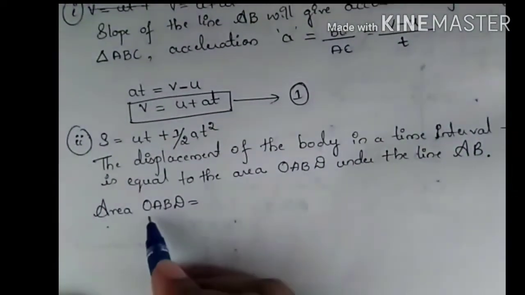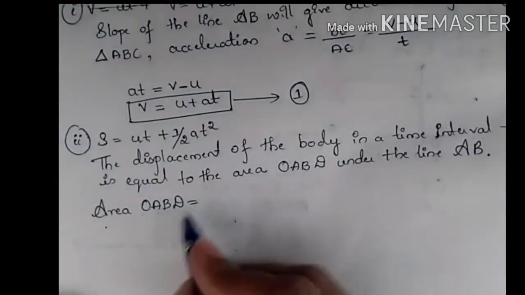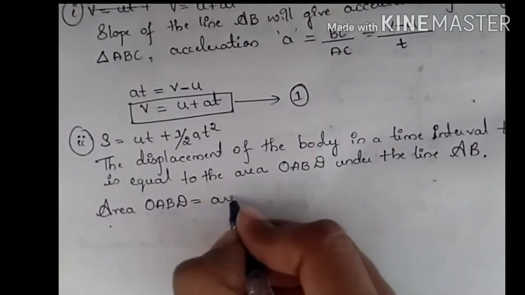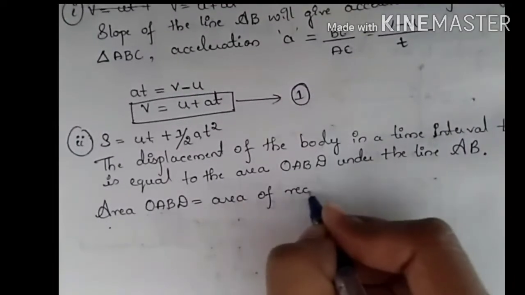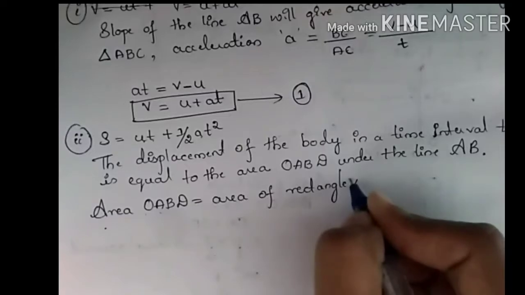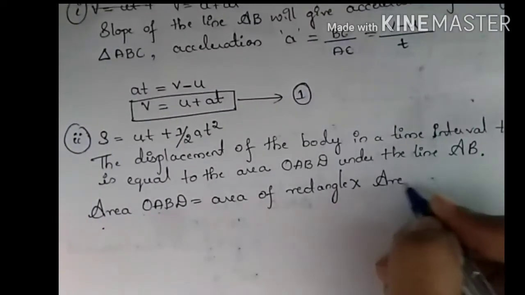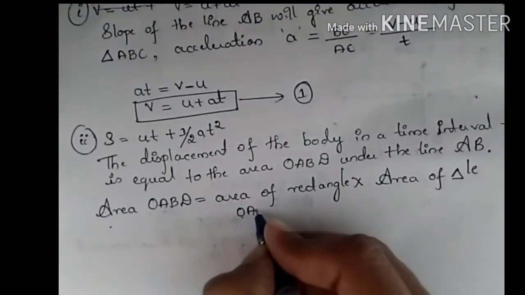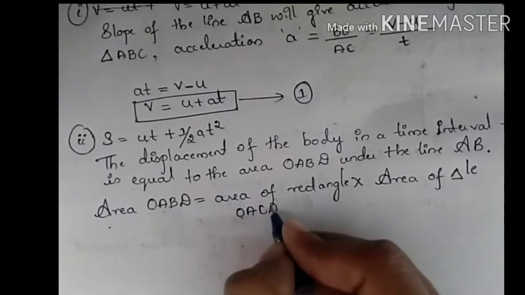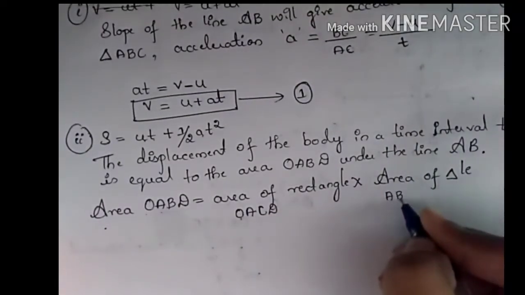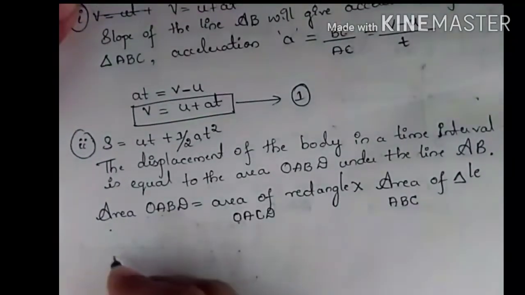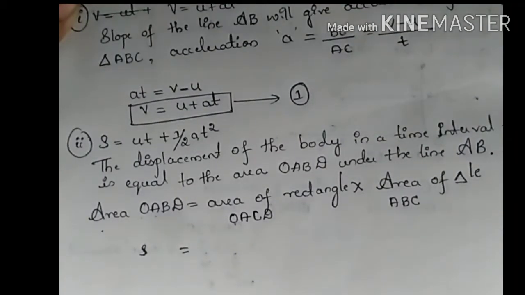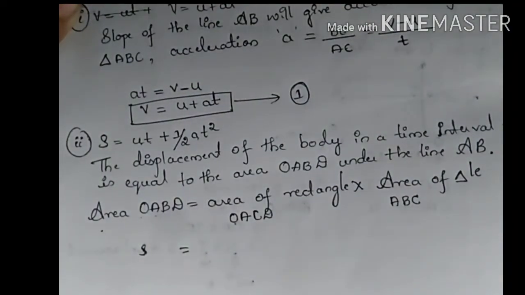So the area under the line AB, OABD, will be equal to the area of the rectangle plus the area of the triangle. The rectangle is OACD and the triangle is ABC. So now if you write this, displacement is equal to, since the area under the line will give you the displacement,